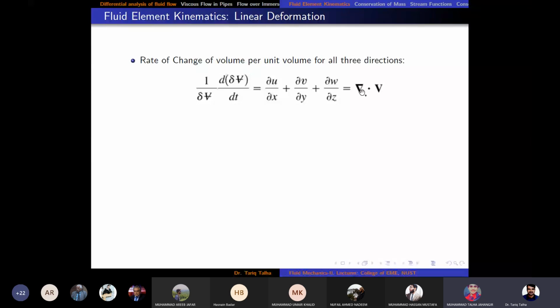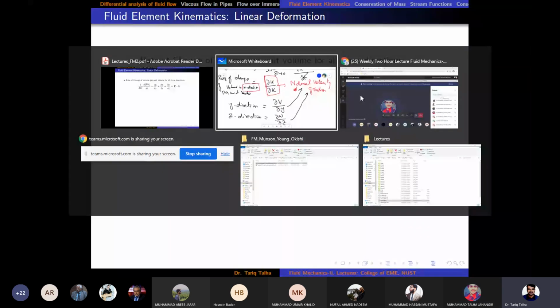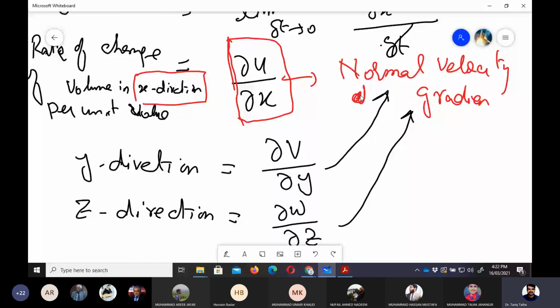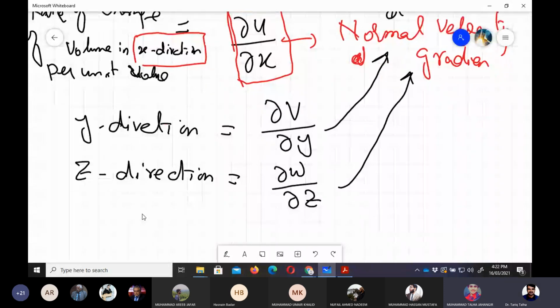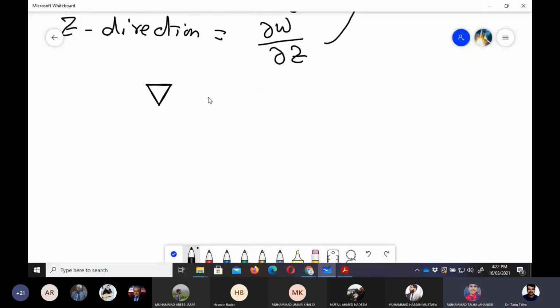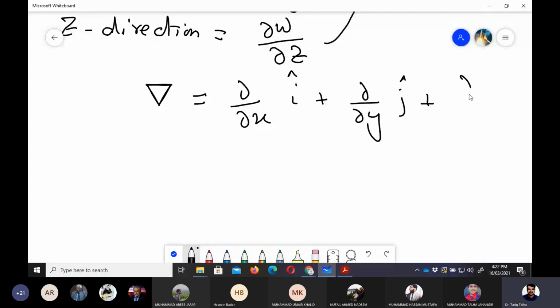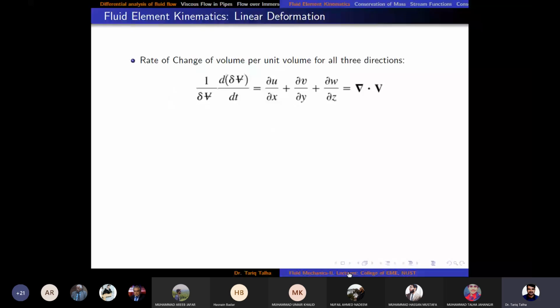ठीक है सर, डायरेक्शंस भी लगेंगी ना इसमें i, j, k? बिल्कुल। डेल फंक्शन अगर आपको याद हो, डेल को कैसे लिखते हैं, आपने FM1 में पढ़ा होगा, डेल किसके इक्वल था? सर, इसी तरह पार्शियल बाय पार्शियल x प्लस पार्शियल बाय पार्शियल y। अगर डेल फंक्शन आप लिखना चाहें दैट इज इक्वल टू पार्शियल बाय पार्शियल x इंटू i प्लस पार्शियल बाय पार्शियल y इंटू j, ये यूनिट वेक्टर है, प्लस पार्शियल बाय पार्शियल z इंटू k, ये होता है ना। उसके बाद आप V को मल्टीप्लाई करेंगे तो V के अंदर u वाला यहाँ पे आ जाएगा और i और i 1 बन जाएगा, तो आपको पता ही है ना उसका, जब आप डॉट प्रोडक्ट करते हैं। ठीक है, तो उसको आप डेल डॉट V लिख सकते हैं।